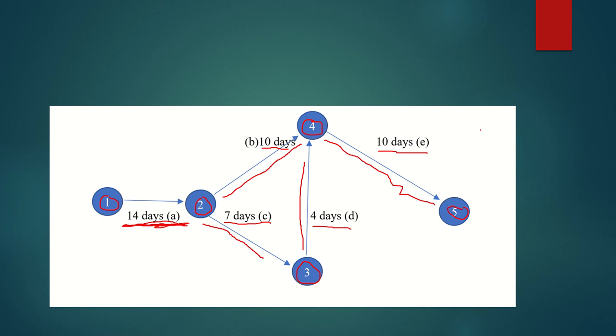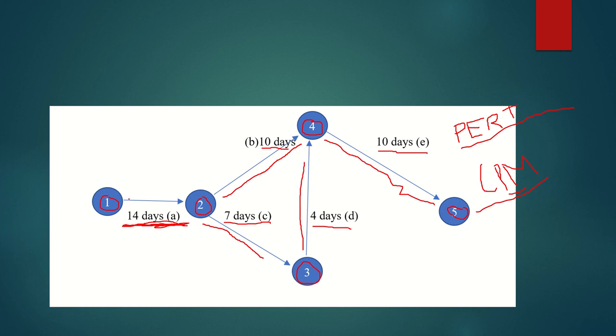So now this is called PERT. This network which we have prepared here is called PERT, Project Evaluation and Review Technique. Then the next thing is to identify the CPM, the critical path. As I told you, the critical path is the longest path in the network. So we'll see how we will complete it.